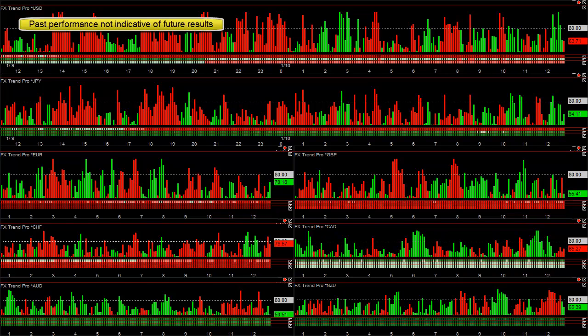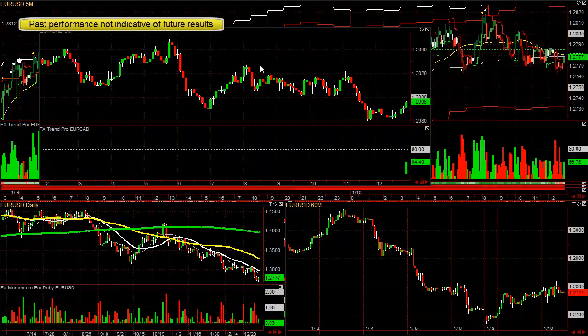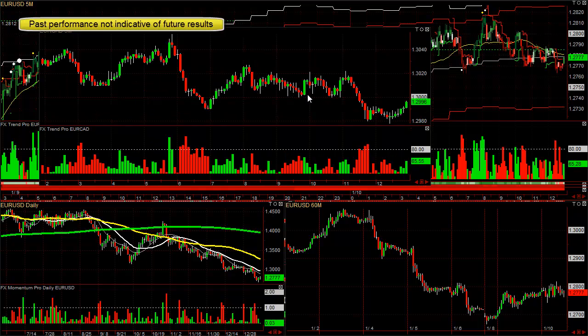But the euro was weak. The CAD was also strong. Let's take a look at this currency. It's also very likely to fall coming up to 10 o'clock or so. As you can see, it's kind of going sideways. If you got short with your stop a few pips above the high here, you never got stopped out, and then it eventually